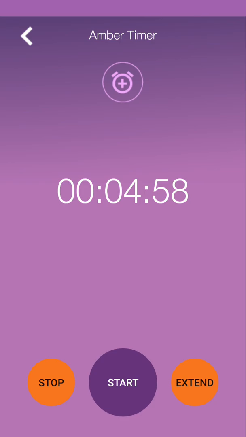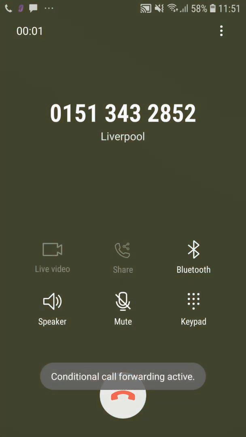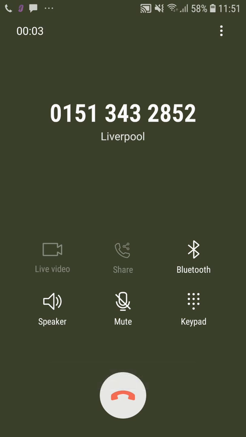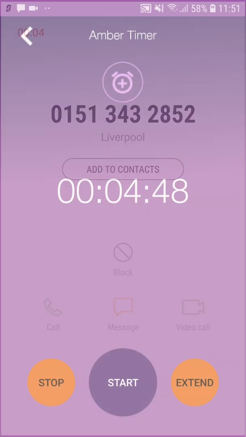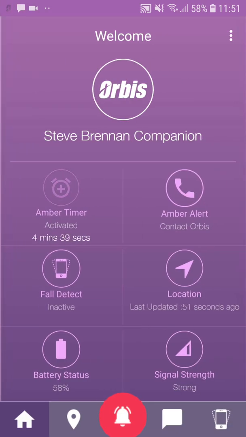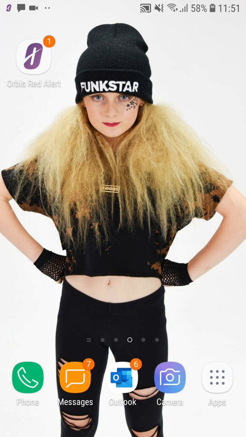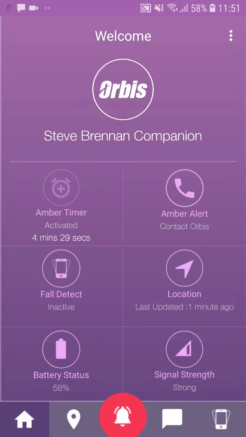What it will then do is dial our Amber Alert number, whereby it will allow them to leave a recorded message on our server. You'll notice that there's a countdown timer now counting down from the chosen time period. I can come out of it, I can close the application, I can lock my screen. The moment I open my handset and go back in, you'll notice it's still counting down there, 4 minutes 27, 4 minutes 26, and so on. Okay. Now,